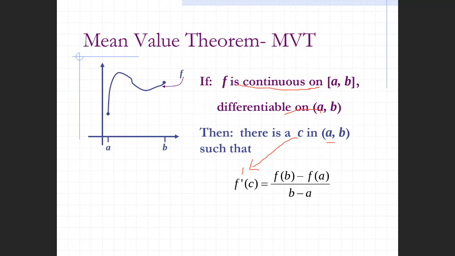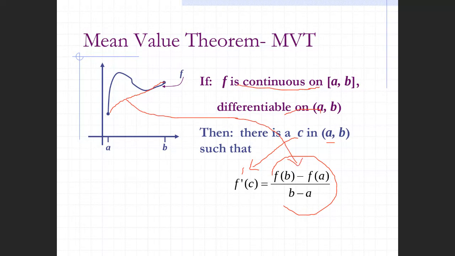is equal to the slope of the secant line. So in this graph, you can see a, if I connect this point a with b, that is the slope of the secant line. That is the formula for this. So it means